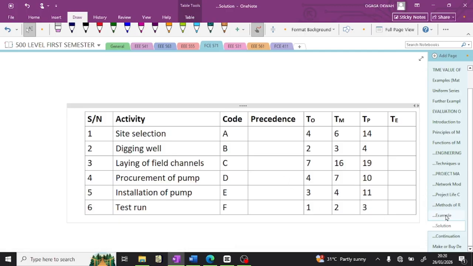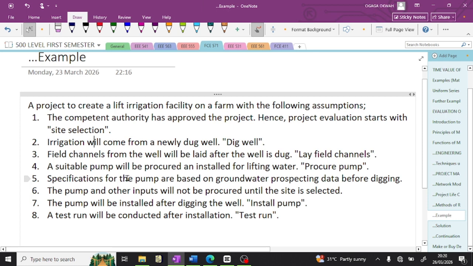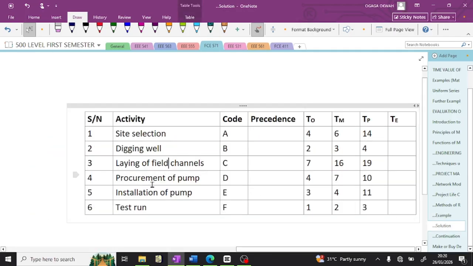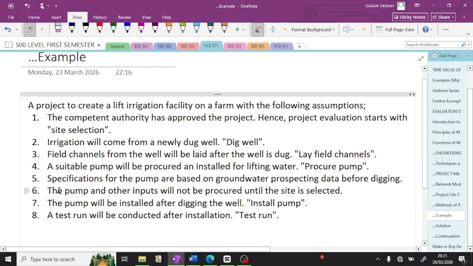Next assumption: a suitable pump will be procured and installed for lifting water. So procure pump. That's the next activity. Are we seeing it? Next assumption: the pump and other specification for the pump are based on groundwater prospecting data before digging. Okay, there's nothing for us there. The pump and other inputs will not be procured until the site is selected. Bear this in mind, very important,